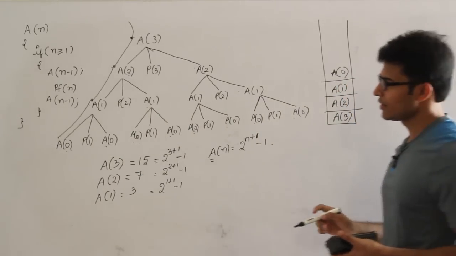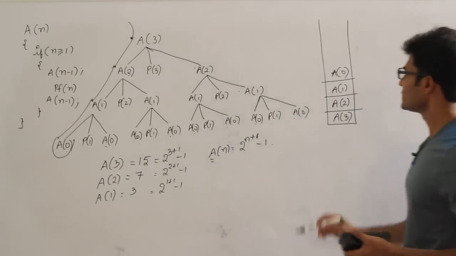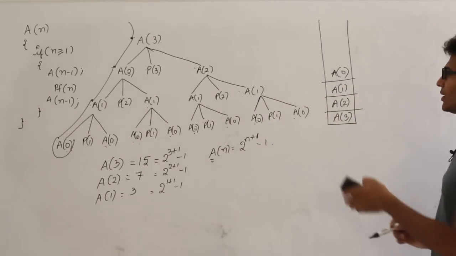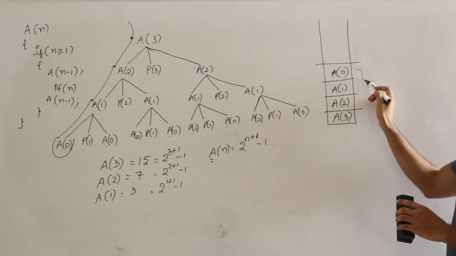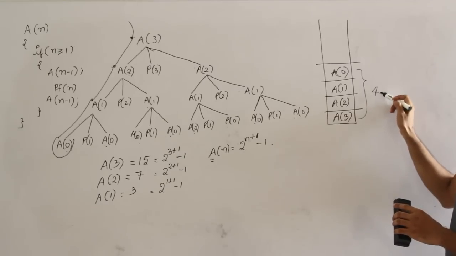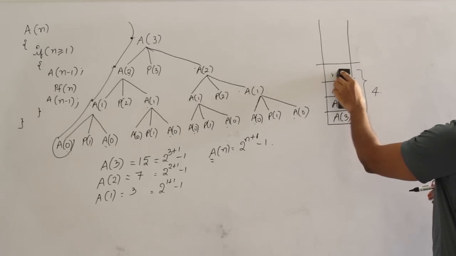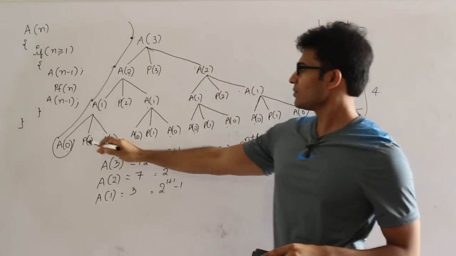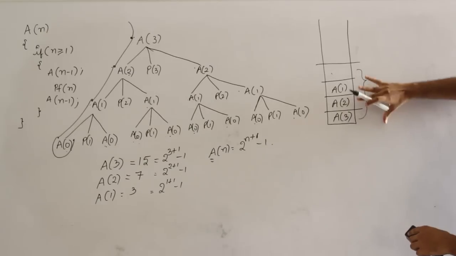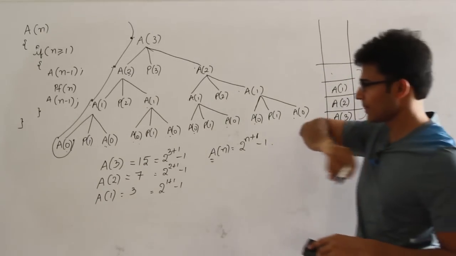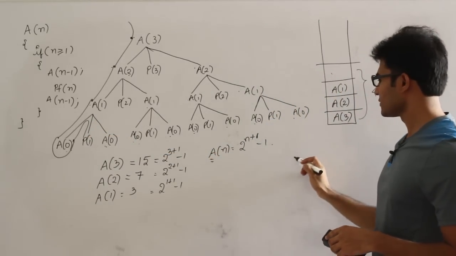But now you should understand that after this A of 0 is visited for the last time, which means this is going to be popped off, right? So at this point we are going to how much level? 3 plus 1, which is 4, right? We have grown this stack to 4, and from there on we are reusing the same space, which means by the time I reach here, I am going to pop A of 0. Therefore the stack contains only 3 elements. I don't think that the stack requires more than these 4. See this? Now next thing is printf 1. Therefore in the output, 1 is printed,